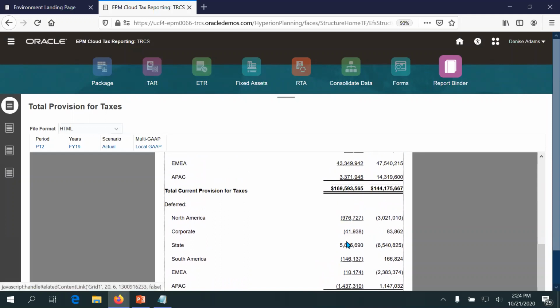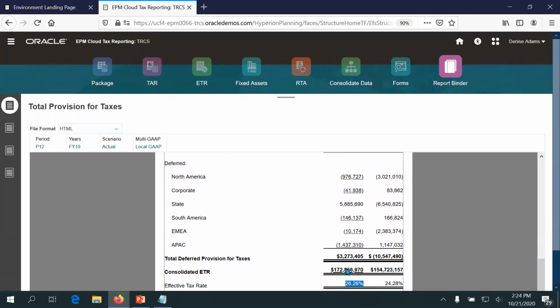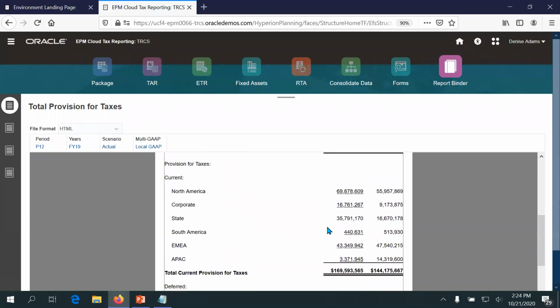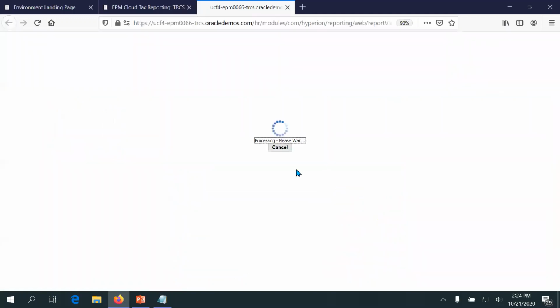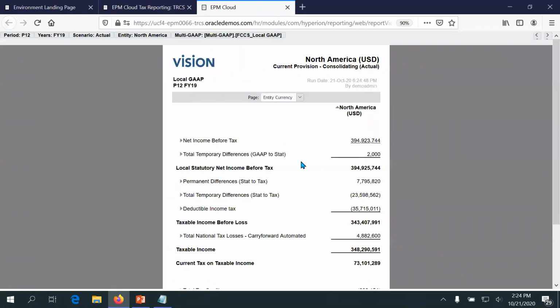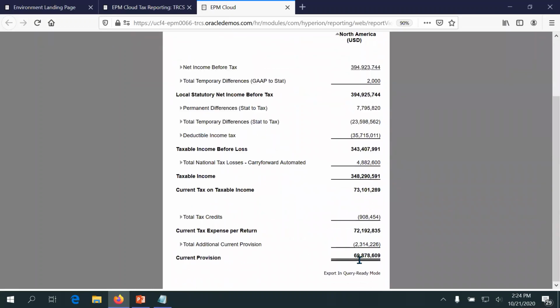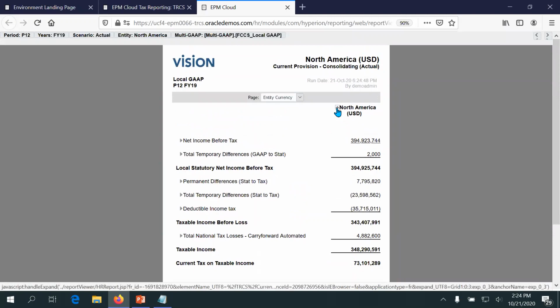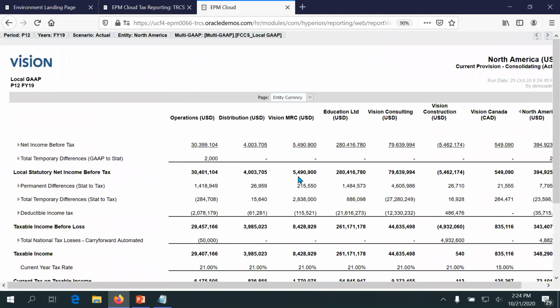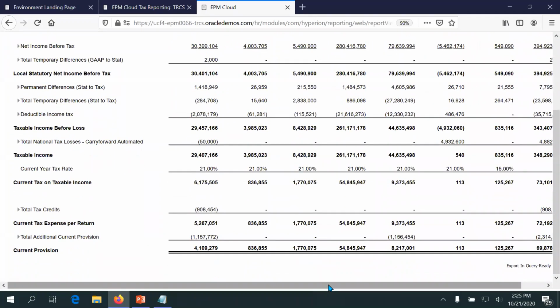So these are the deferred related adjustments coming into the current effective tax rate here. Okay, so all of these are drillable. So if I wanted to drill on North America and evaluate this 69,878, I can click once on it and it jumps me to a sort of a work paper approach. Okay, so here's my 69,878 now at the bottom, and then I can expand that out to look at individual entities rolling up to that,